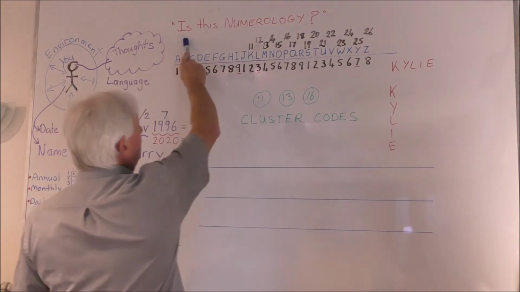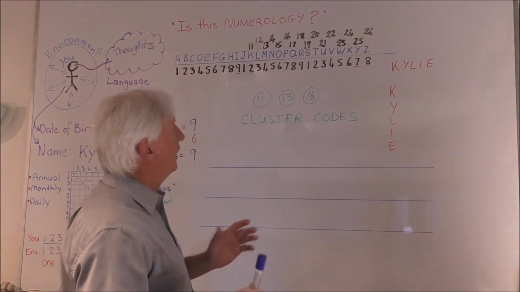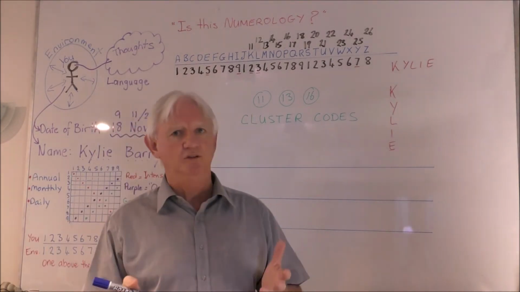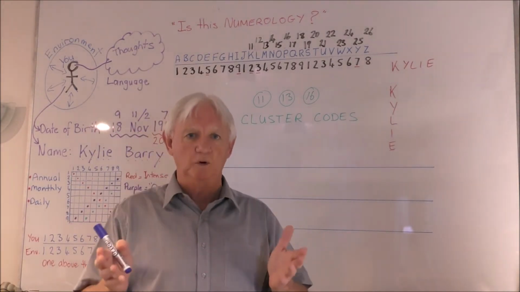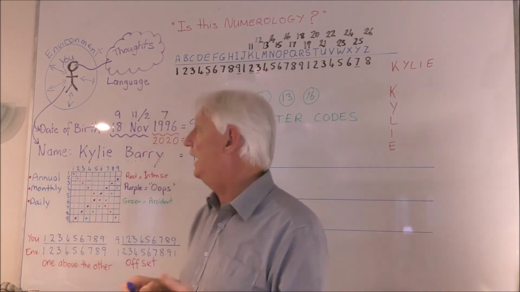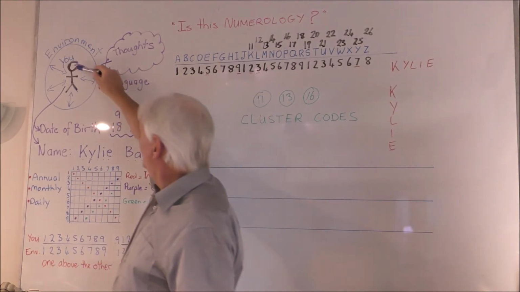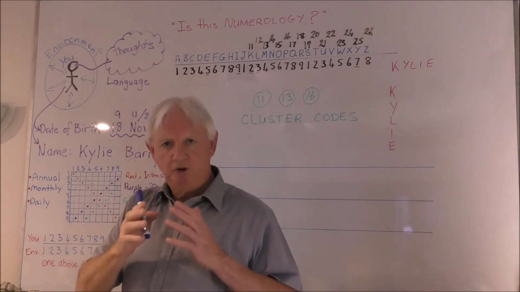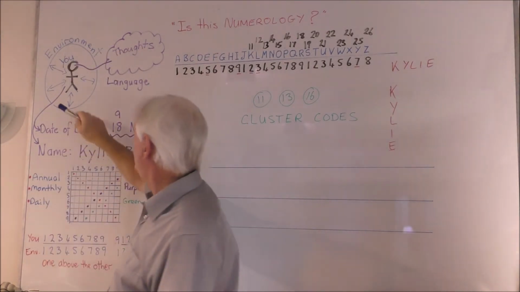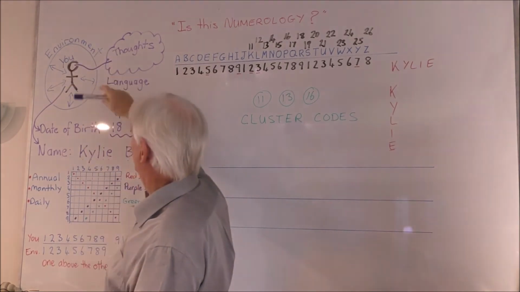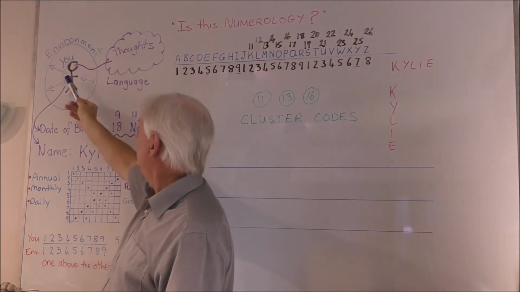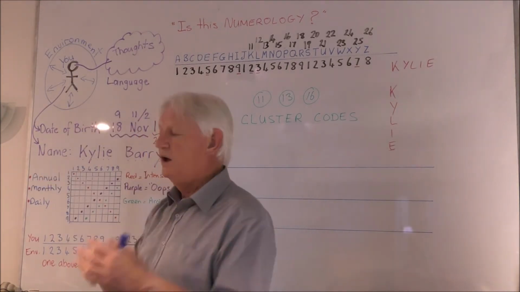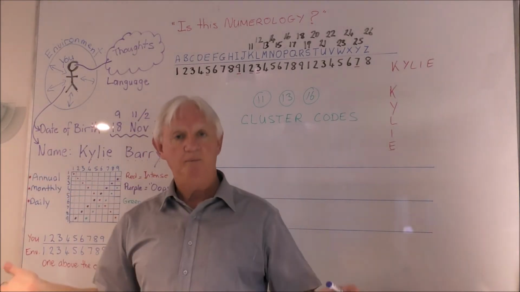First of all, what I've got up here, is this numerology? What I've got up here is nothing to do with numbers per se, the same as nothing to do with letters, because letters make words and numbers make concepts and understanding. So if I pointed out that here's you, this little black stick person here, just purely means that you as a person, and then you have an environment around you, hence the word environment. So you interact with your environment and your environment interacts with you. And from that we get a sense of what's happening around us.